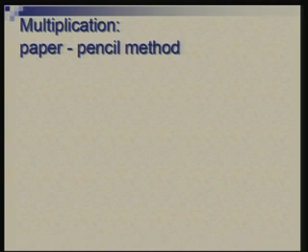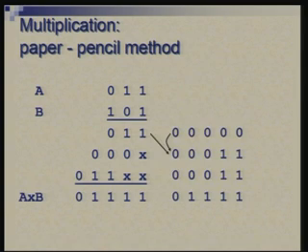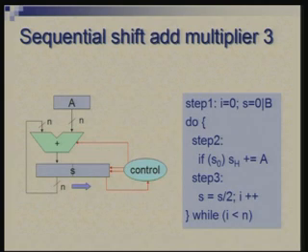So, just to summarize what we did for multiplication, we looked at an example and saw how, when you work on paper, you manually carry out multiplication. The same process was captured by a circuit. We went through a set of refinements, and finally, we had a circuit and algorithm which looked like this. Essentially, the multiplication operation was broken down into shifting and adding. We then saw that for signed multiplication, you need the ability to add and subtract, and we talked about Booth's algorithm.